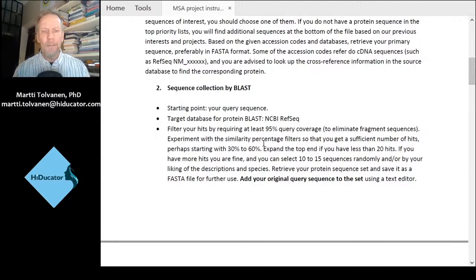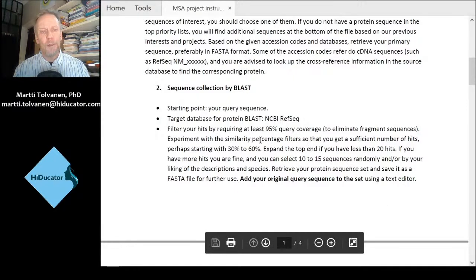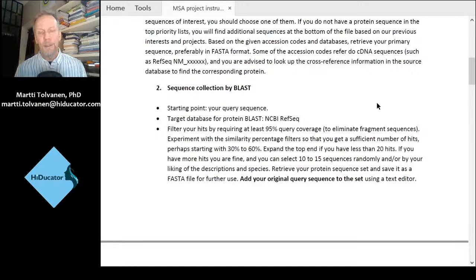You could then tweak these instructions so that you are not requiring 95% query coverage, but instead require 25% and trim your original query sequence so that you are only studying one domain in the original sequence, which has homologs in other kinds of organisms,